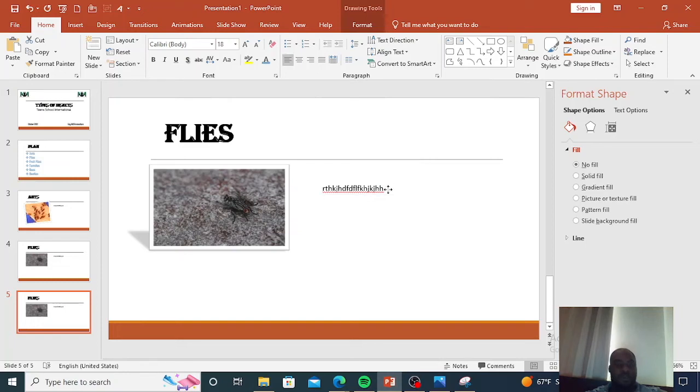Yes, when you click and hold control and shift key, I can duplicate a text space. To do any duplication, be it in Excel, Word or PowerPoint, that function is pretty much effective. So I can have a figure and I give the title flies, maybe